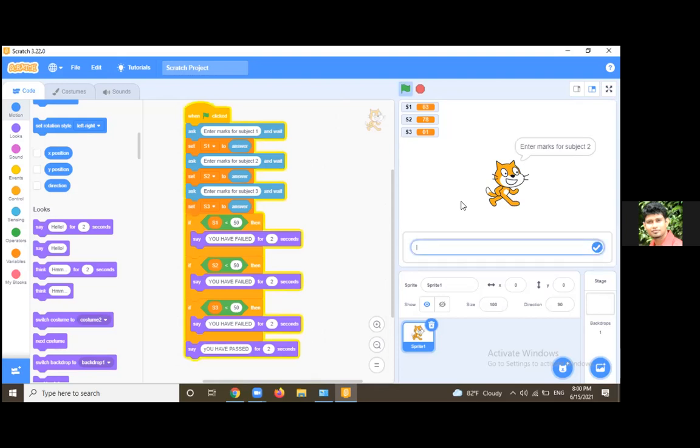Okay, but there's a small error. I'll show that, right? Give some marks. Okay, 63. So give some marks. You have passed. That is for all subjects more than that. So let's give one subject less than that. Not the output, right?